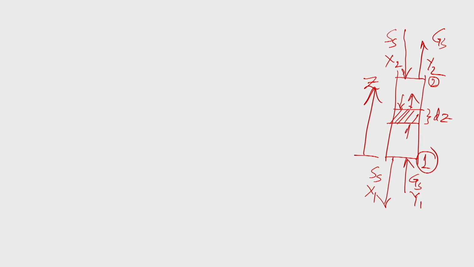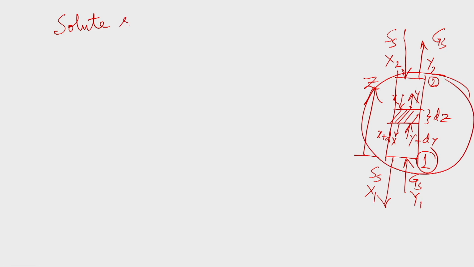Suppose this is taking place here and we will be doing the simple mass balance. Okay. And there, if this is y plus dy, then it will be y, and if it is x, then it will be x plus dx, the concentration of the target component in both the streams. Then if we do the solute balance across this tower, then it will be the solute balance.